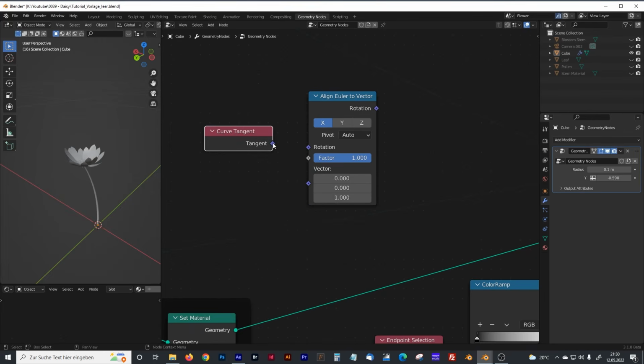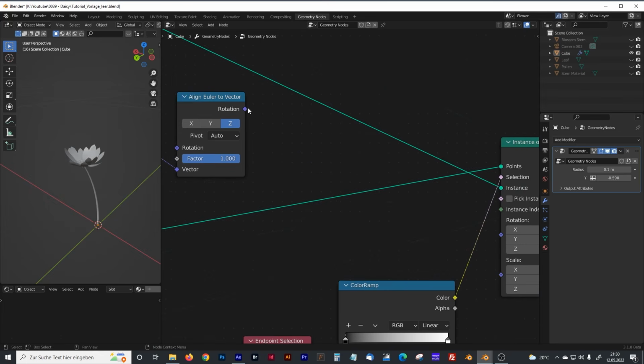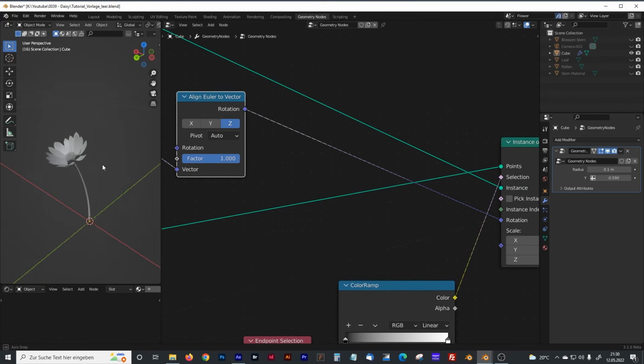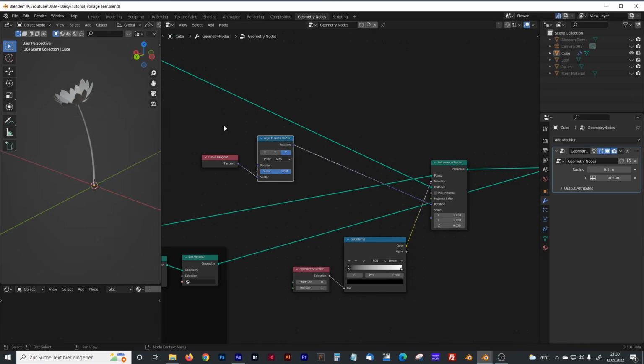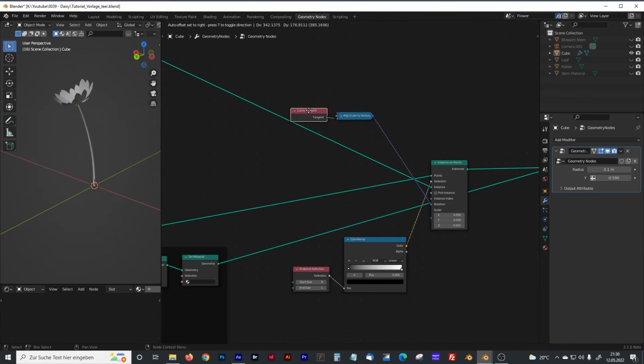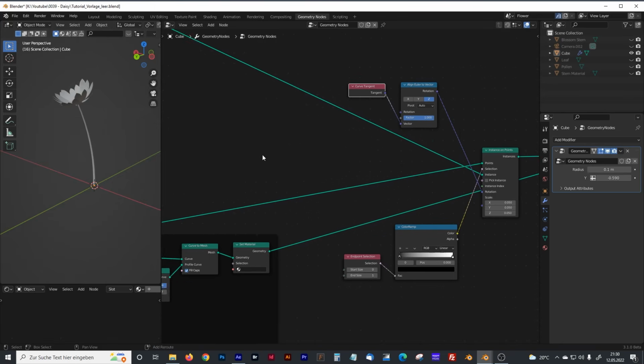Connect the tangent with the vector, and the rotation output with the rotation input, and let me change that to that position, and we got them